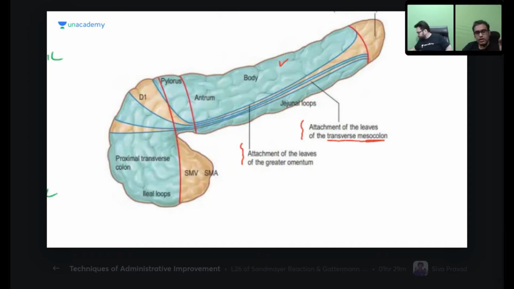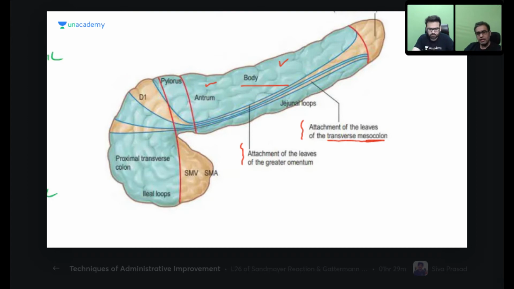Then come again, look at the peritoneum above the root of the transverse mesocolon. You can see that blue line. That is the peritoneum, which is covering what was actually behind the stomach. You are seeing the body, the antrum, and the pylorus part of the stomach labeled over there. So the stomach sits over the pancreas, but you have a peritoneal fold in between. That is your lesser sac, and this is why you call the pancreas an organ forming the stomach bed, because it is right behind the stomach. There is a lesser sac in between.